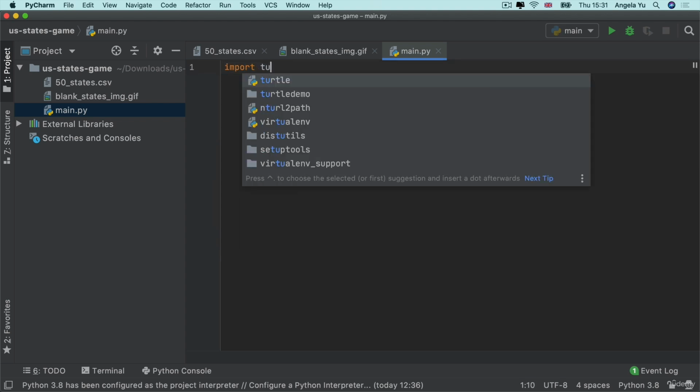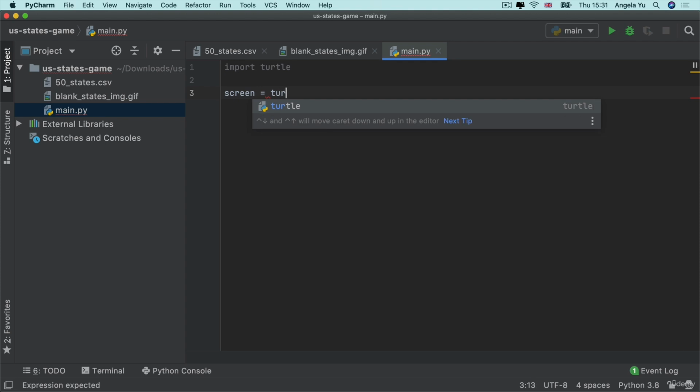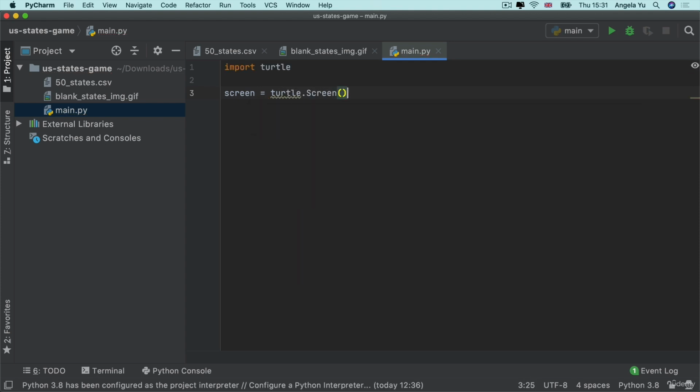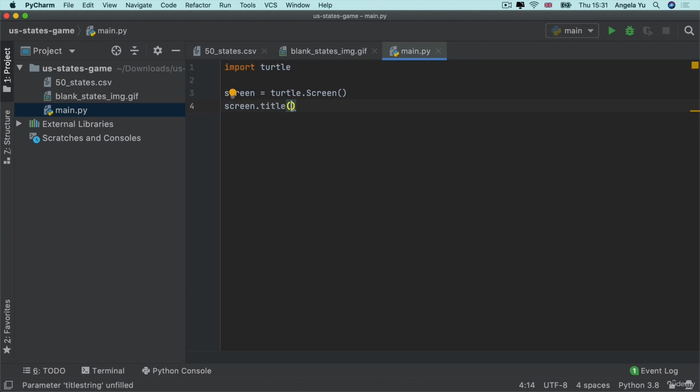So the first thing I'm going to do is import turtle, so straight up import the module, and then I'm going to create a screen object from the turtle.Screen class. Now, once I've got my screen, then I'm going to change the title of the project to the U.S. States Game. And finally, I'm going to get my screen to only exit on click. This is pretty basic. We've done this lots of times, but the next thing that we're going to do is